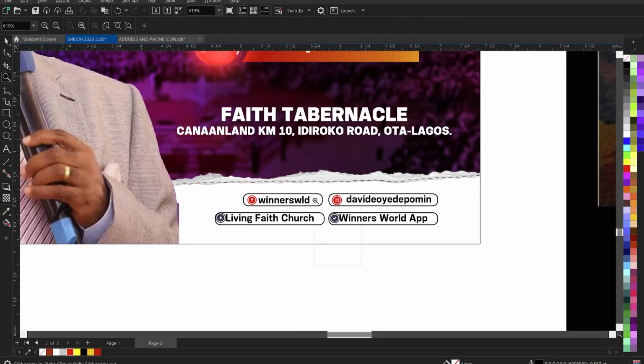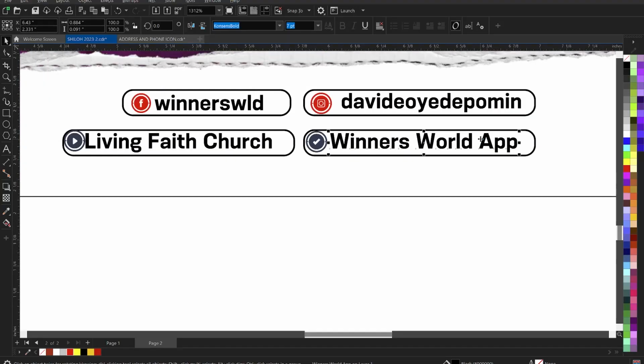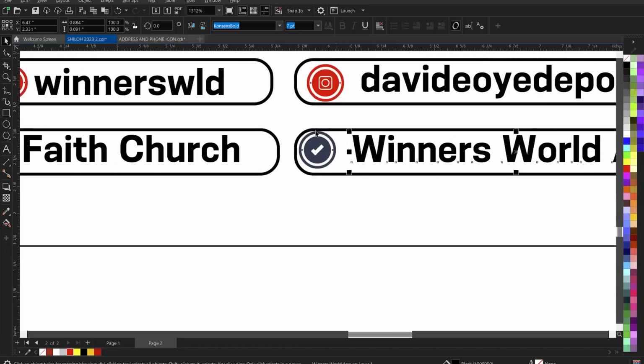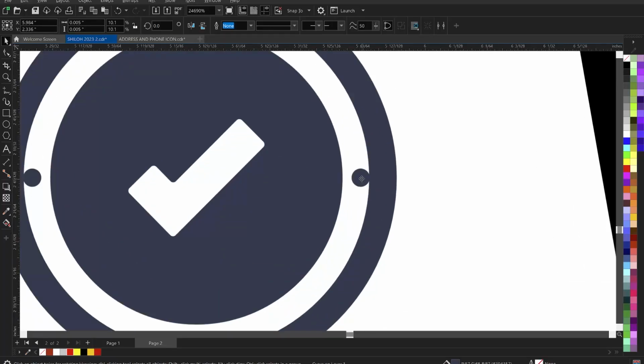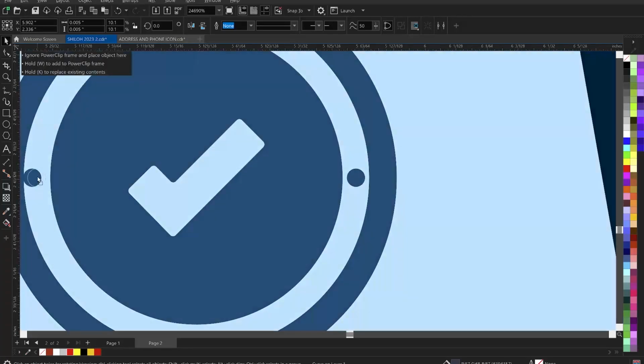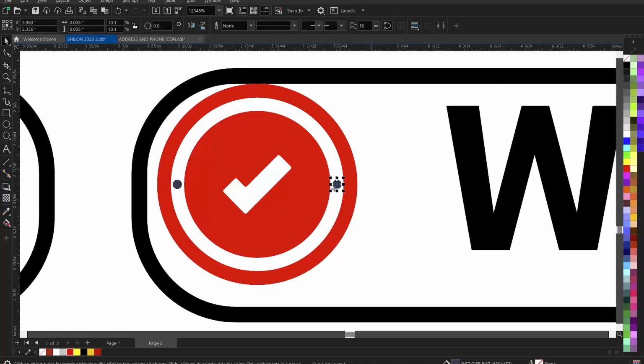Right? We're going to do the same thing for all of them. Let's move this a little. And then let's ungroup this. And then we bring this inside a little. Bring these two inside a little. Right? And then we'll give it red. You can give it any color that you want, but me, I want red, right? Then give this a red,